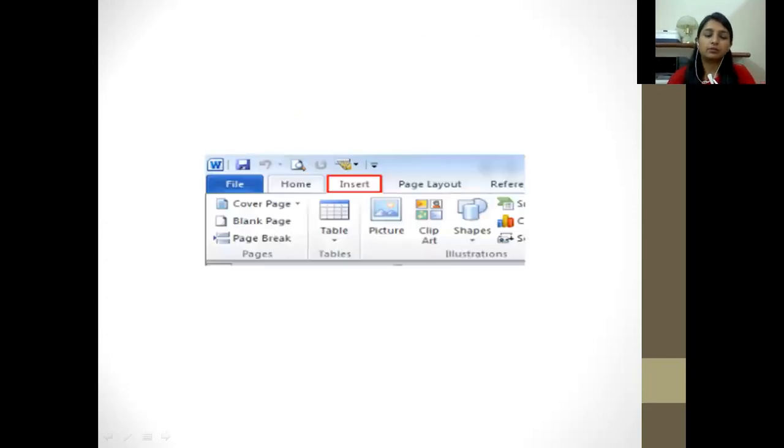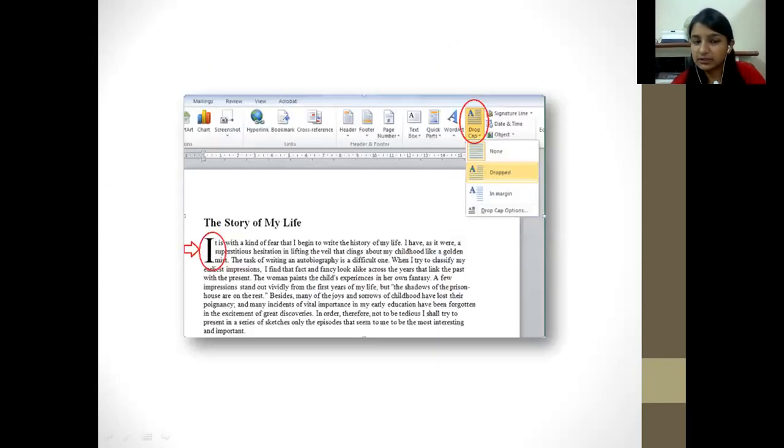First of all, we have to click on the insert bar. Then we can see there are a lot of options here, but we are not able to see all of them because it is a cropped image and the entire image was not available. Towards the right of these options, at the end, there is drop cap already written over here. You can see in the image as well. They have shown the letter A written here, and if you don't want to use it, you can use the none option here. If you want to use it and you want the text to be written in the way you can see from here also, that is the dropped option which they have applied on this book.